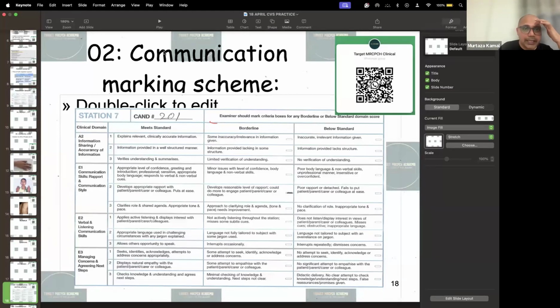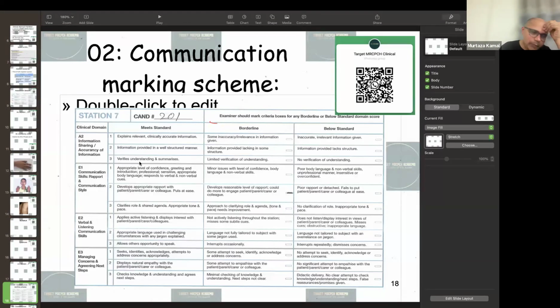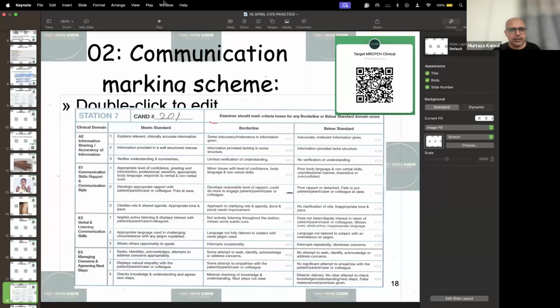So I'll just give you the marking domains in this communication station. You will have 4 minutes outside, in which you are given a stem, which you can read there. Then you go inside, you have a total of 9 minutes in communication, which will be divided into 6 plus 3. After 6 minutes, a bell will ring so that you can summarize in the next 3 minutes. Right. And you are marked in 4 domains, the first being